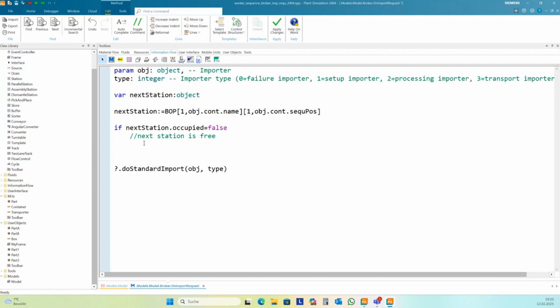I want to transport the part with the worker, so I need to set the attribute destination to next station. I need to set the proc time.